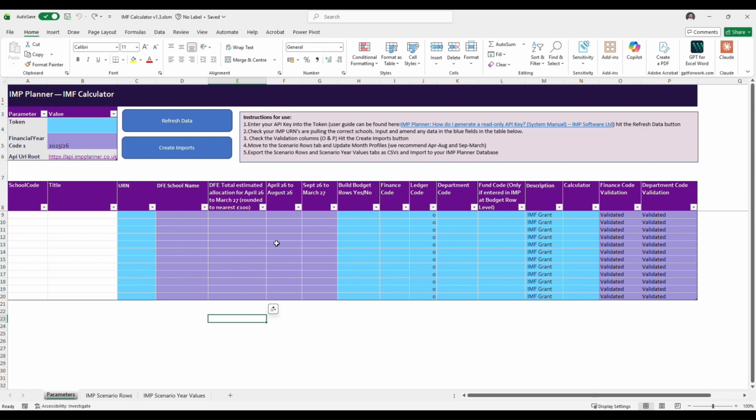There are instructions in here and also in the help guide to help you navigate through the process. This calculator is designed to bring through all of your schools and URNs from IMP into the template and then cross-reference those against the URNs in the DFE dataset for this funding. You then populate some additional information, which will allow you to generate 2 import files that you can load directly into IMP. For this to work, the first thing you will need to do is create an API key, and